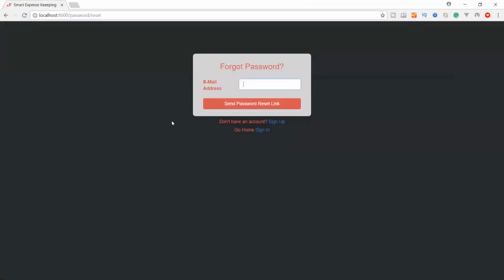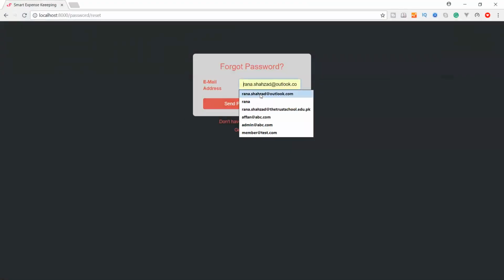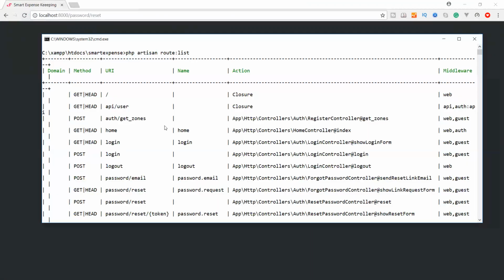Okay, so when we show it, we enter the email address, and when we send the request, it will be a post request. We are submitting a form. So when we submit our form, the post request password.email goes to the auth ForgotPasswordController and sendResetLinkEmail.